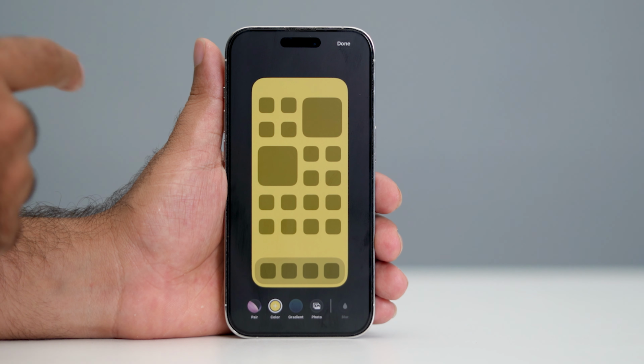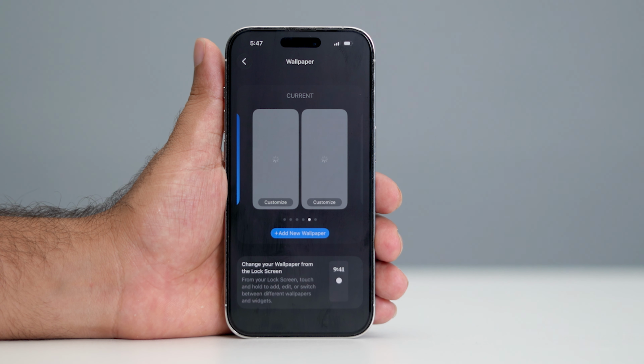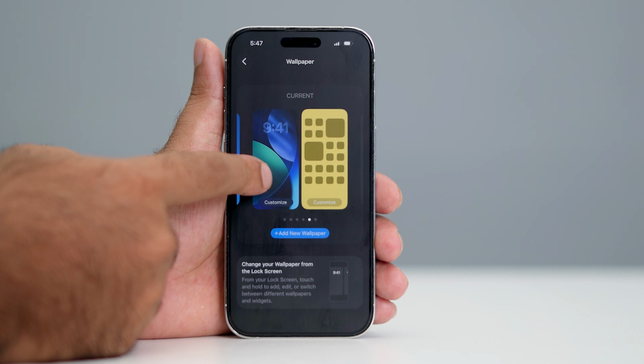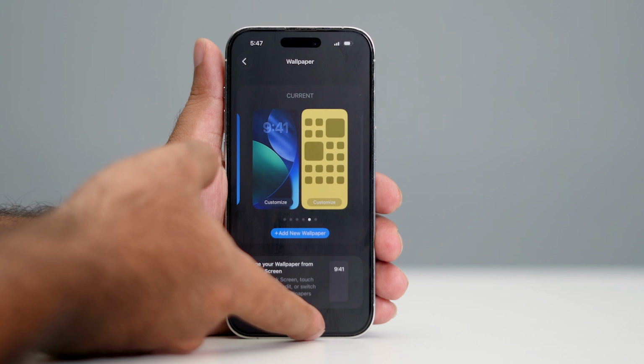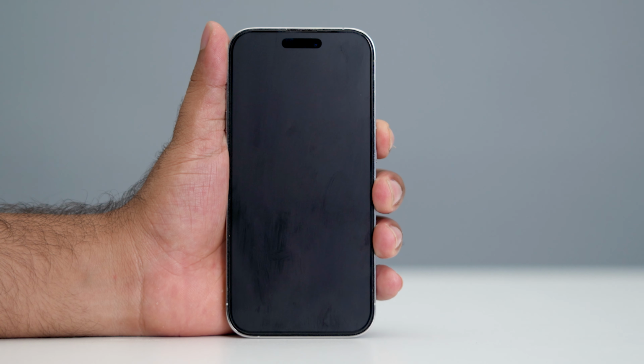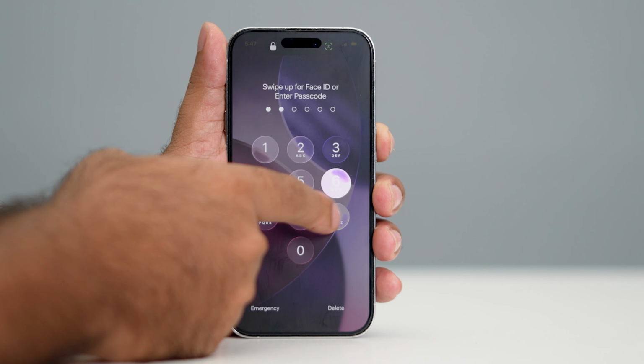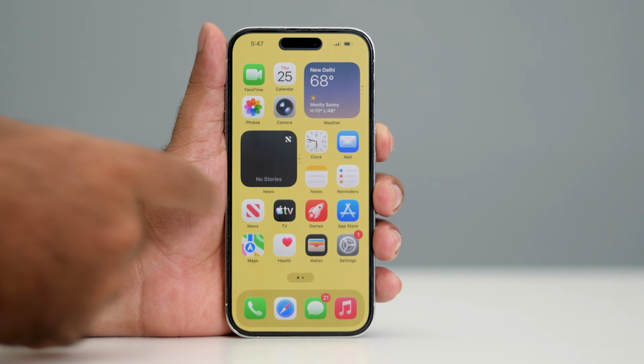And now from here, what you need to do is after making all the customization that you need, you just need to go over here, go for done. And right now what happens is my lock screen will be this and my home screen will be this if I go back. And right now, as you can see, it is changed, and if I lock my phone, as you can see, the screen is different. And even if I unlock the phone and if I go over here inside the home screen, you can see it is